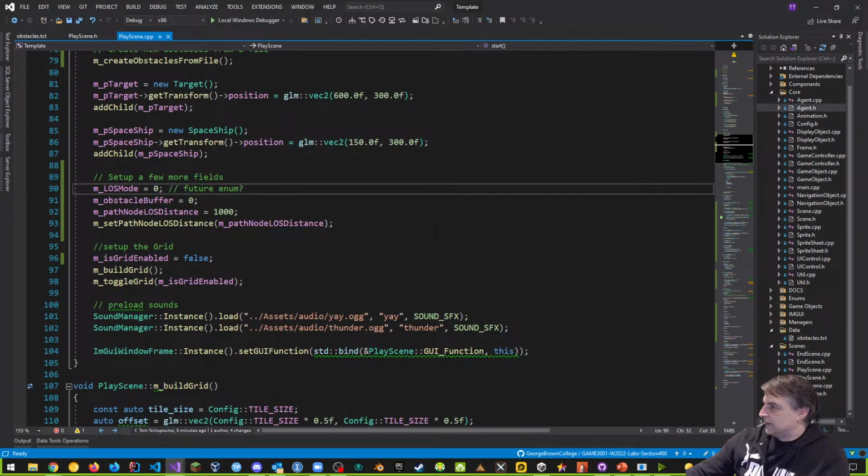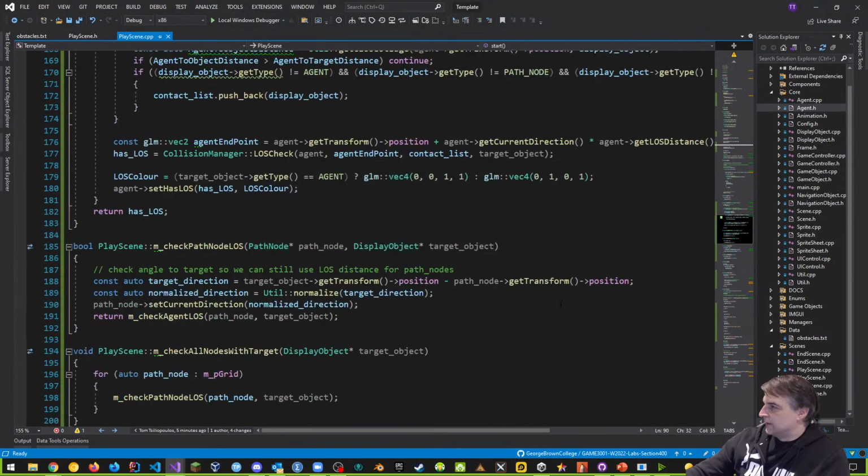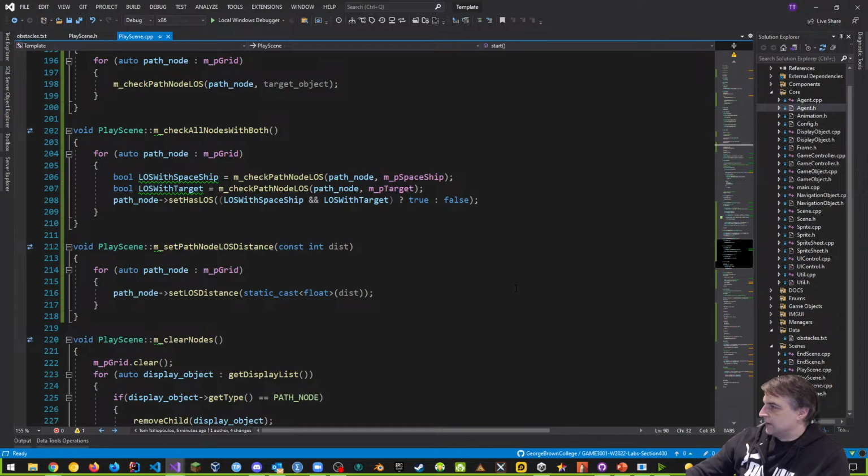So yeah, let's go back to that one. That is where I did the line of sight with Spaceship and line of sight with target, and that's down in here. And where we say we need both target and set has line of sight with spaceship and target. Well, yes, this is nice, but remember we added our little function so that we can not just take one value, but also take in a second value.